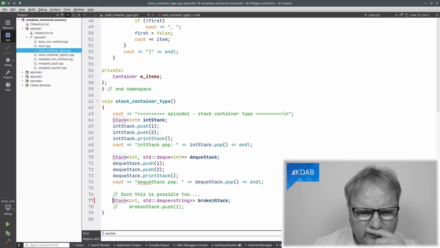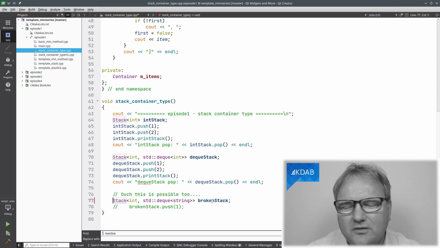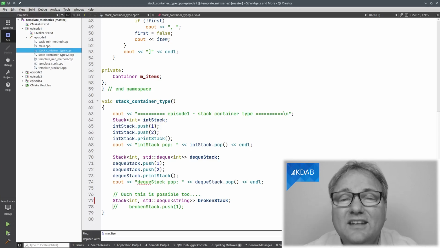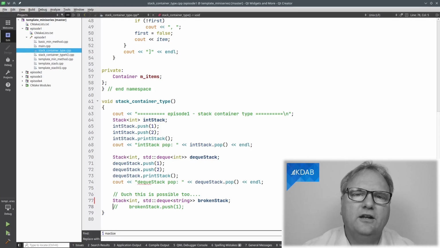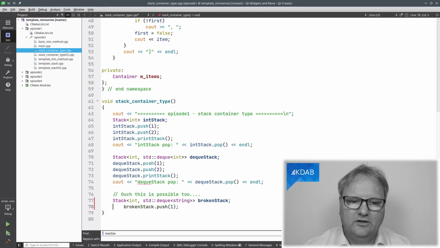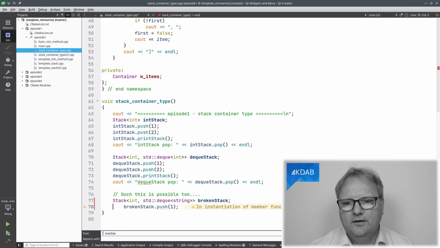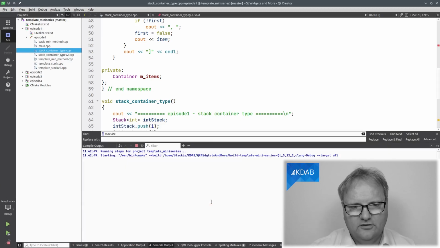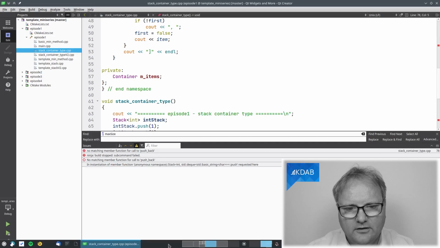Nope, no errors. I am kidding you. Of course, I know why there's no errors, because I did not use it yet. I didn't use push yet, so we didn't get in that error situation. But now, bam, you are trying to, and let's just build again and see what it was telling us in the compile output here.